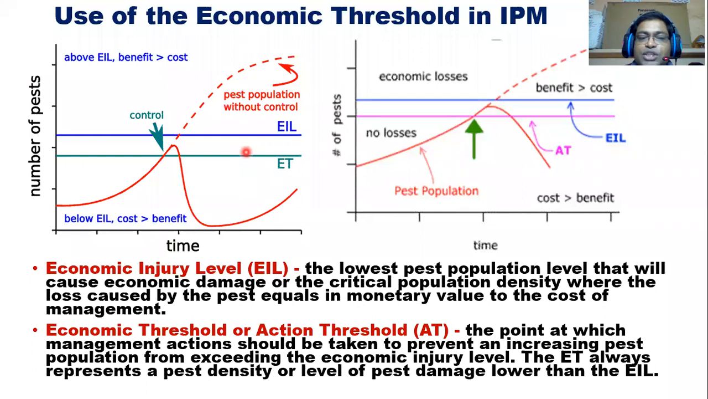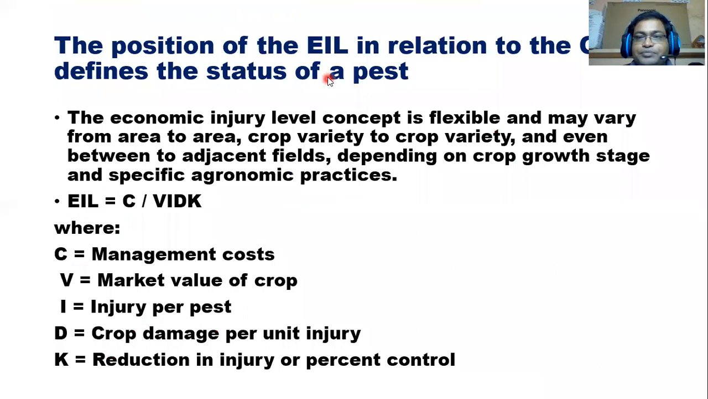Right? So these two definitions say: economic injury level means the lowest population level that will cause economic damage. Economic threshold level, up to that point, will not cause economic damage. So you have to take the decision at the economic threshold level. So if you are taking economic threshold level and economic injury level